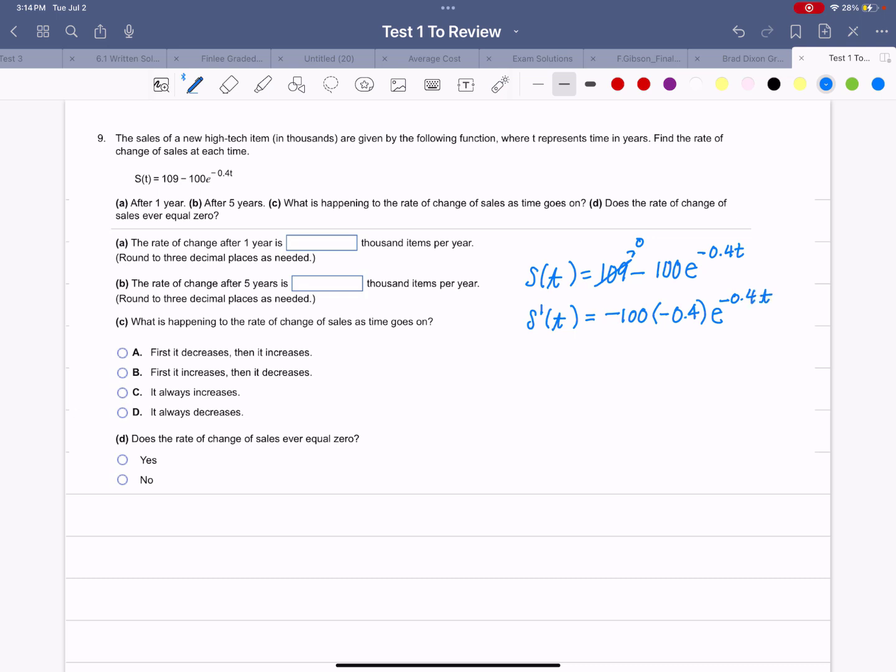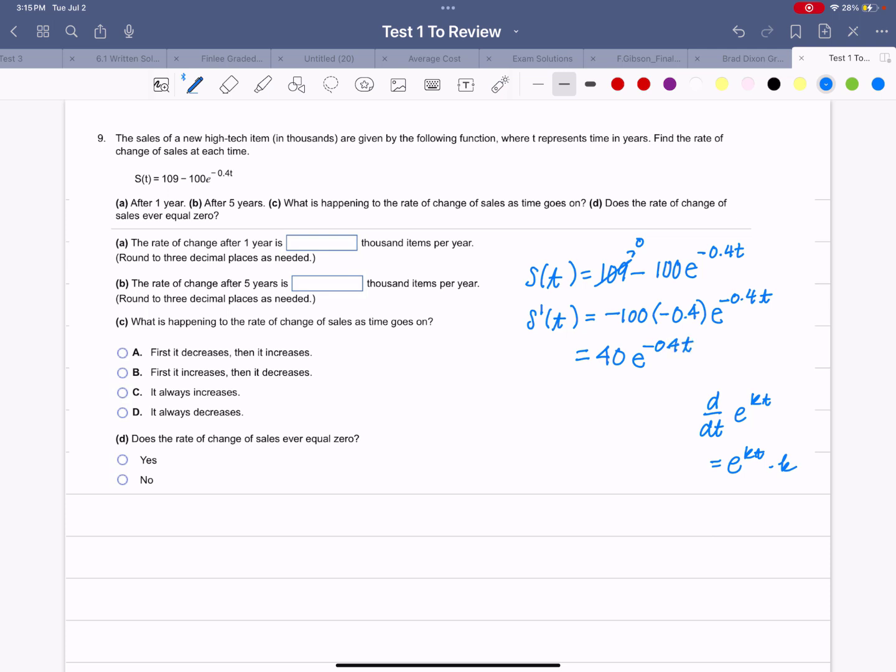Now, it's not a power rule where you subtract 1. It's the rule for the derivative with respect to t of e to the kt is going to be e to the kt times k, right? The coefficient being k. So that's going to give me a negative and a negative, which is a positive, 40 e to the negative